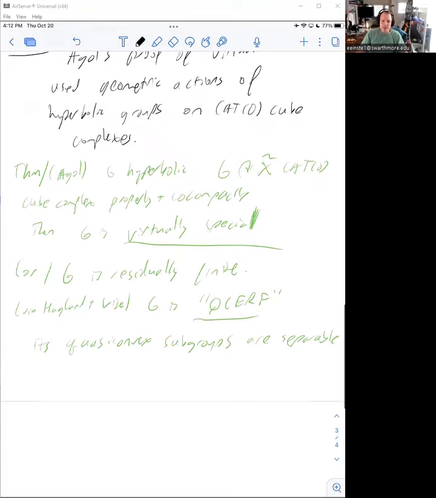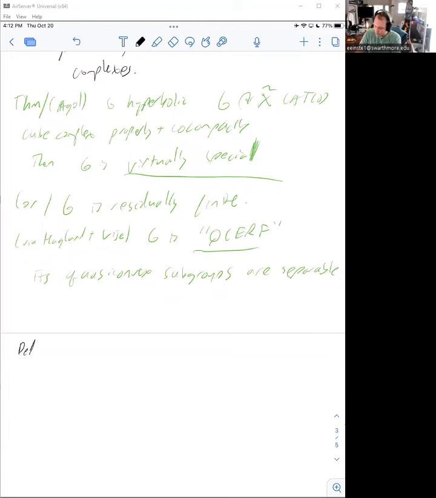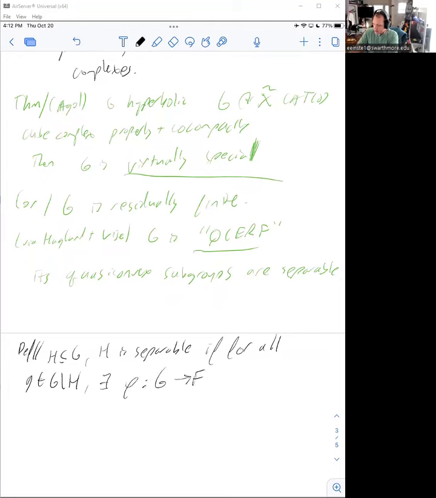Okay, I just blazed through a huge amount of terminology. So let's back up and say a little bit about what this is and why you should care about it. Definition: let H be a subgroup of G. H is separable if for all group elements not sitting inside H, there exists a finite quotient with H contained in the kernel of the quotient,